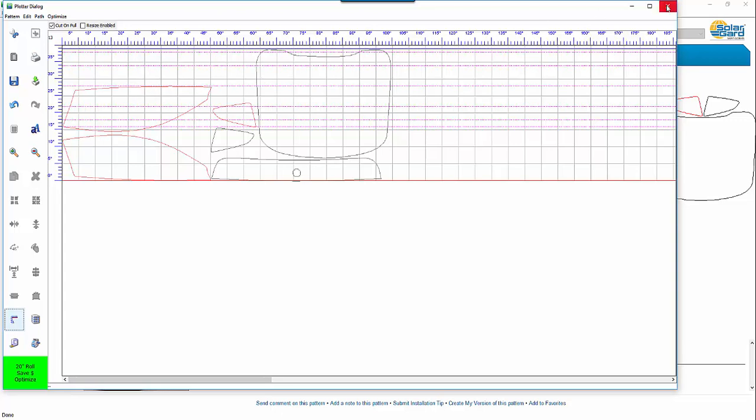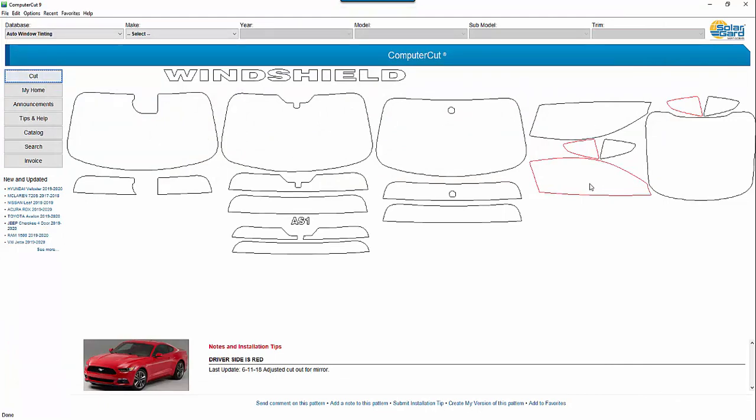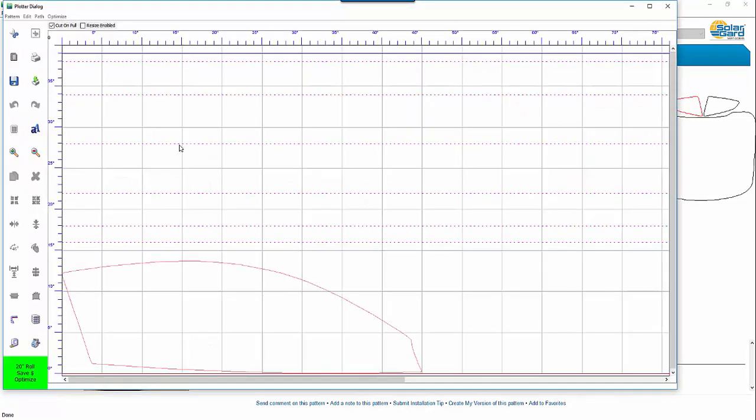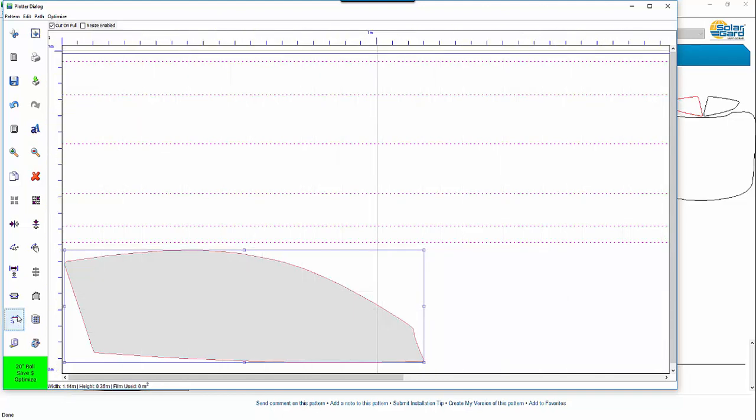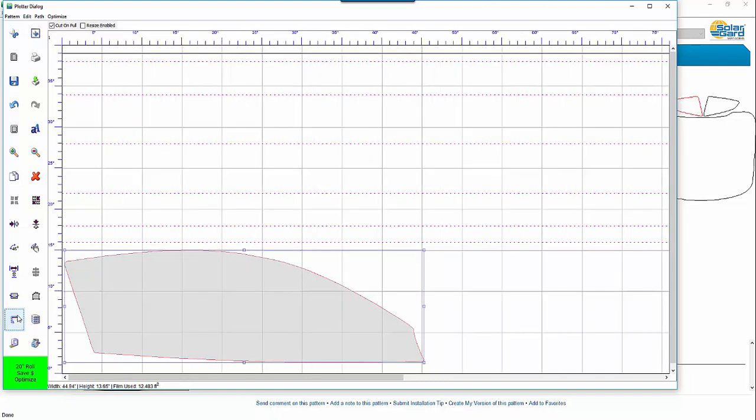Okay, we'll X out of that, and we'll go back and select this window here, pull it up into the cut window. And the next function right here is a toggle between the different units. So right here we're in inches. I can toggle between centimeters and meters, and then back to inches. The next function is the window planner. This is a great tool for